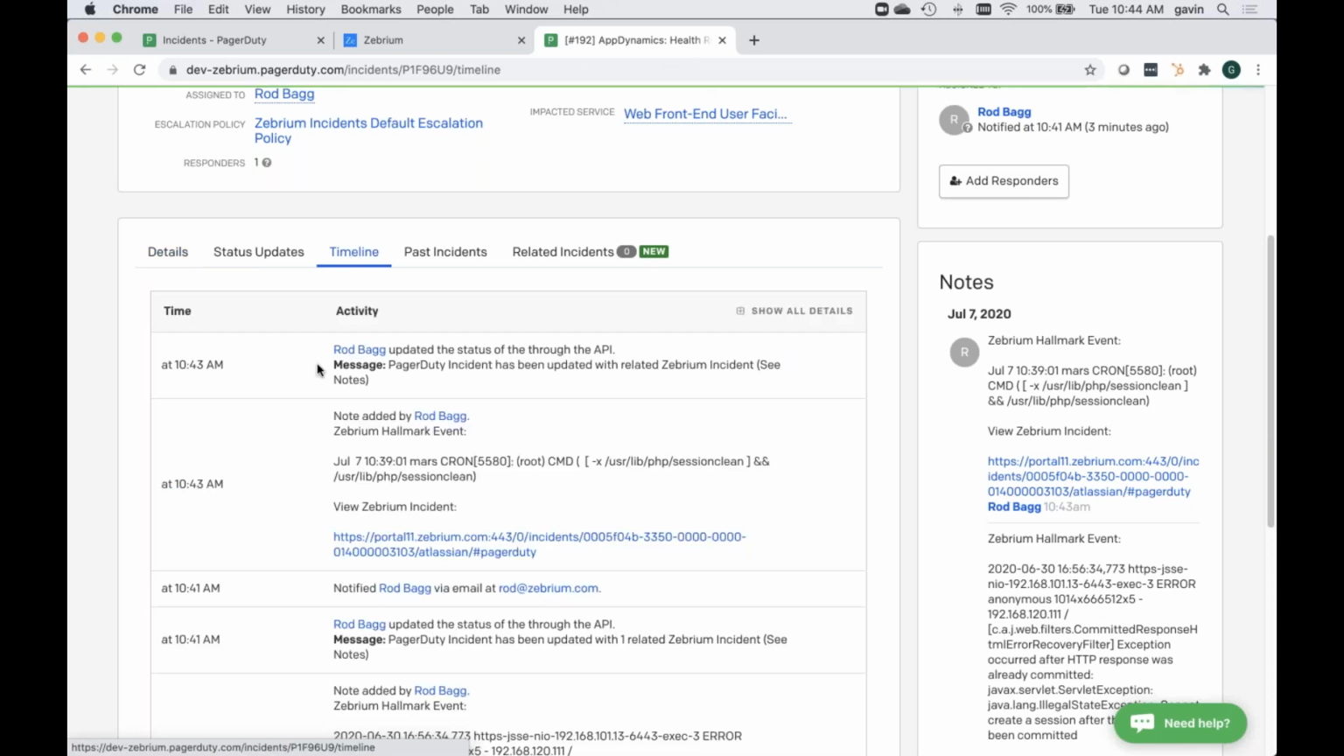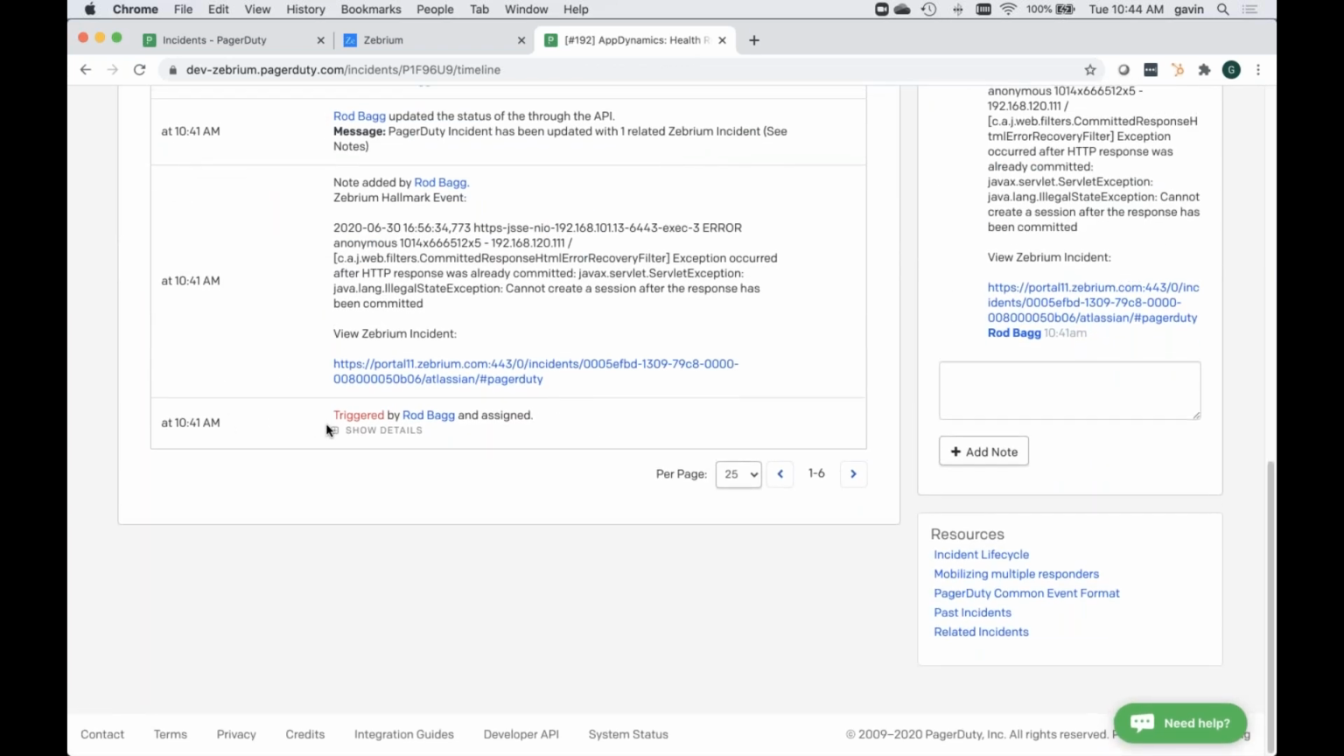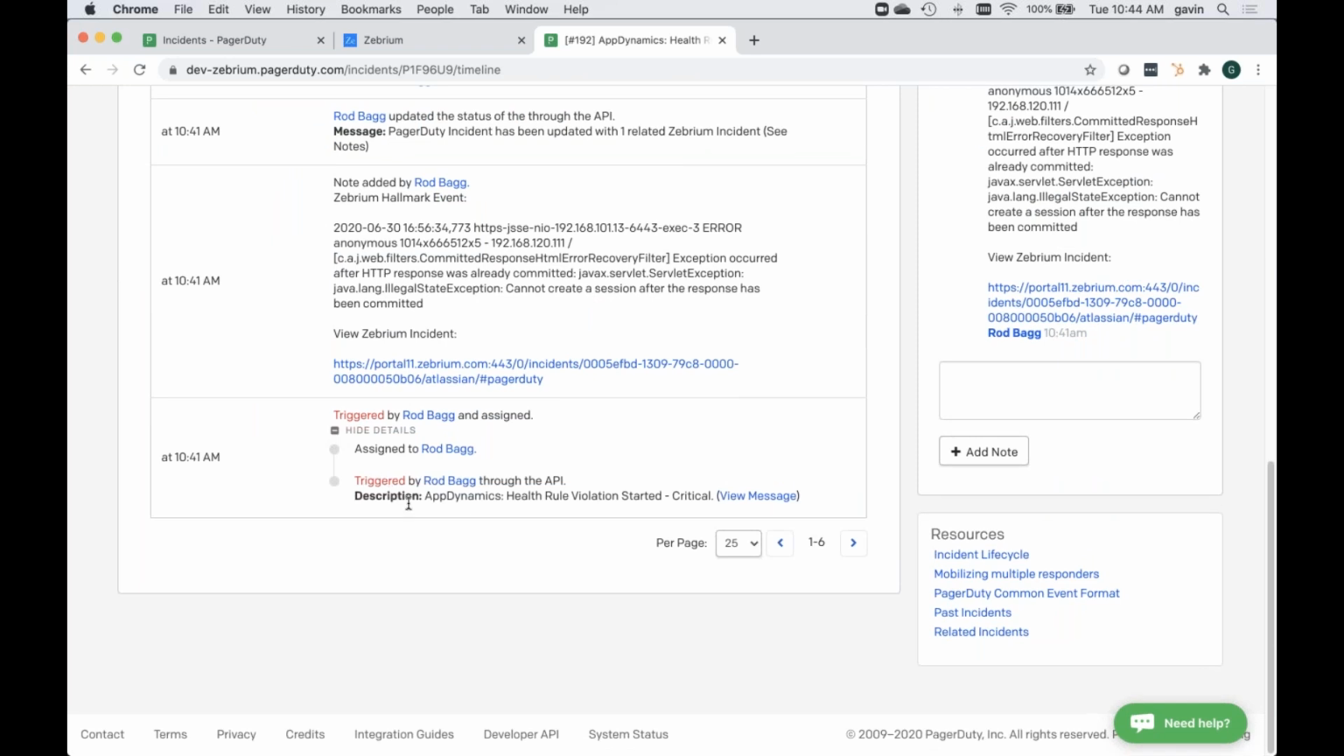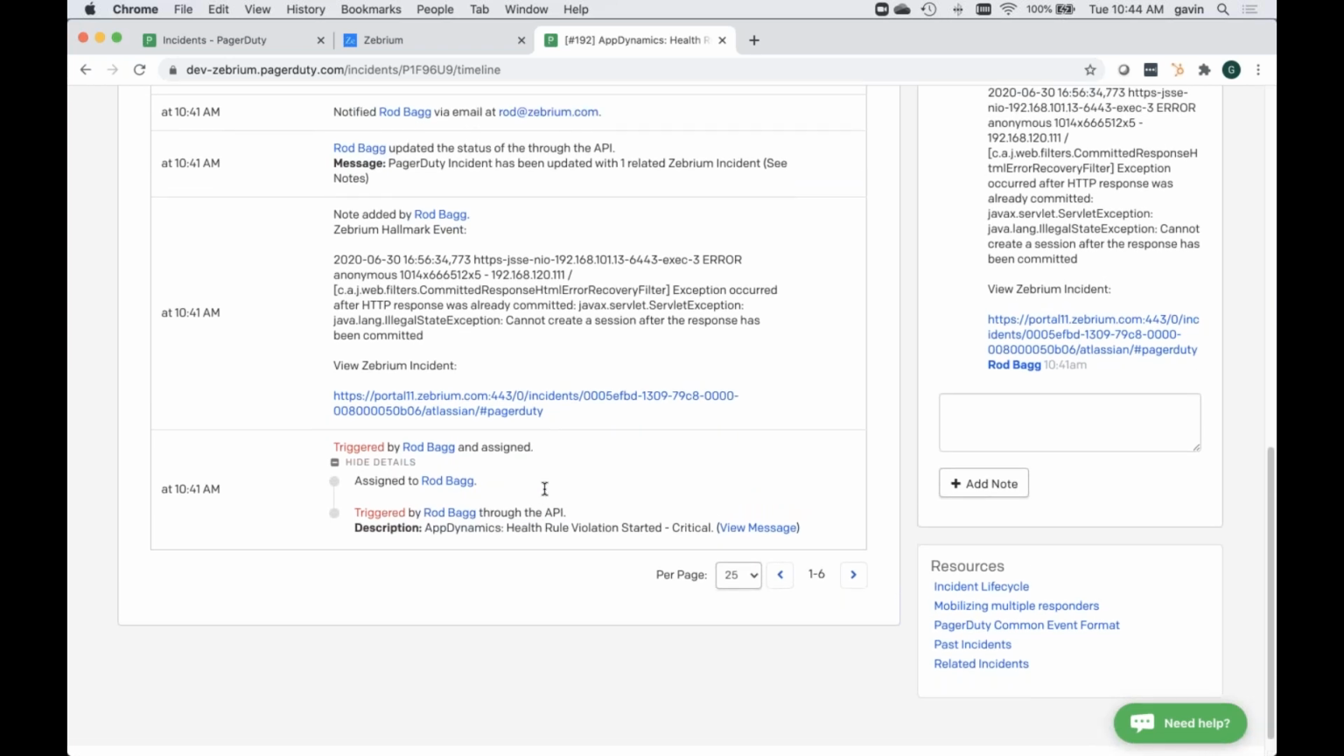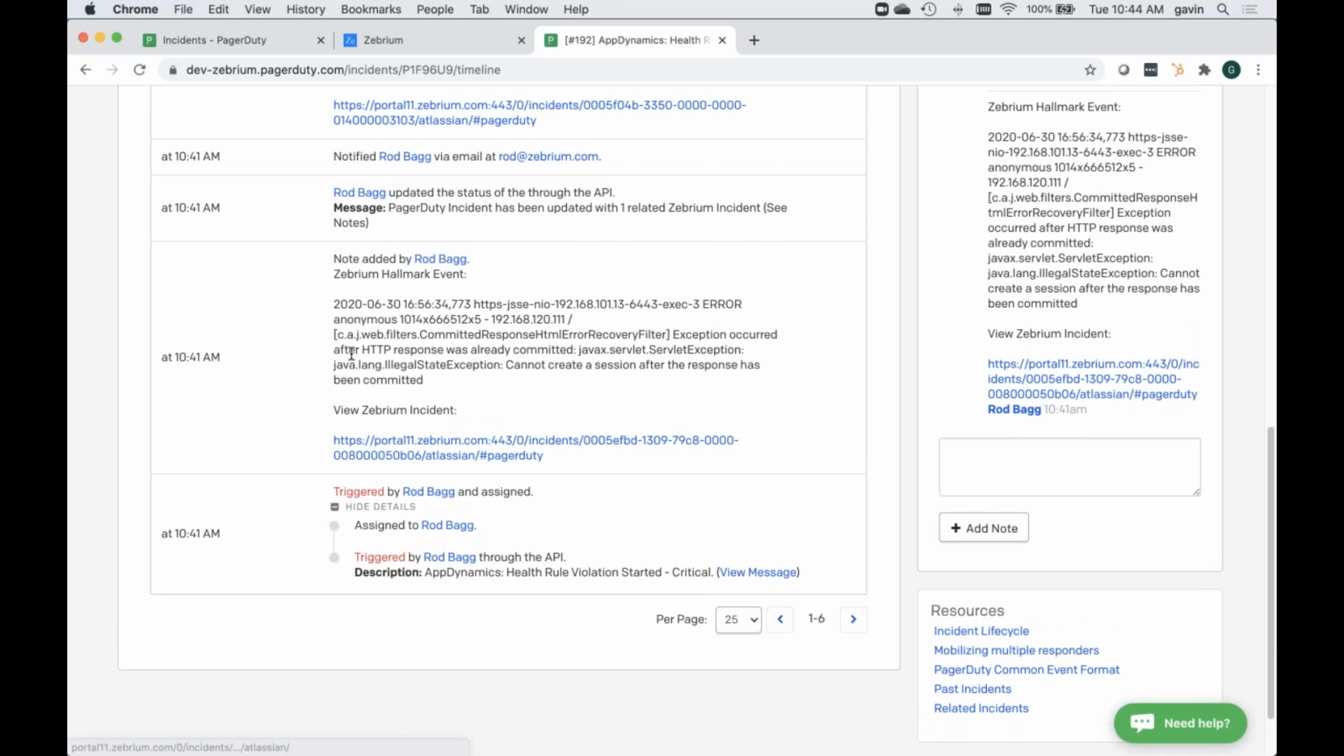We can look at the timeline, and you can see over here is where the incident triggered, and Rod triggered it through the API in this case, but normally it would be auto-triggered by the APM tool as it was last week. Then we get Zebrium augmenting it, and it gives you this one-line incident, which looks like an interesting event. What I'm going to do now is click the link that's inside the PagerDuty incident, and